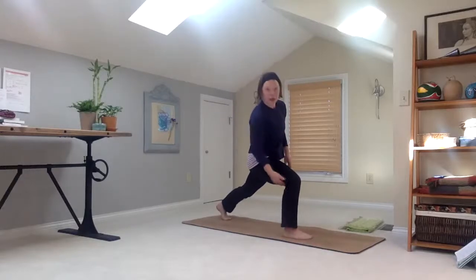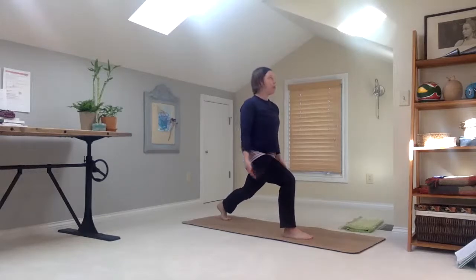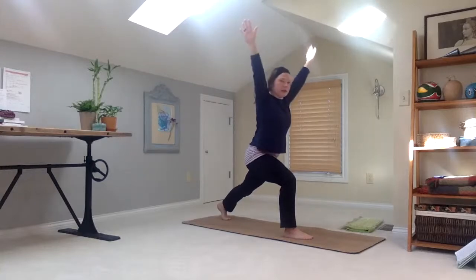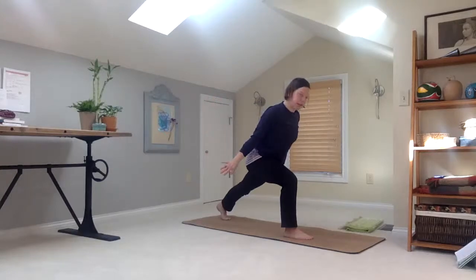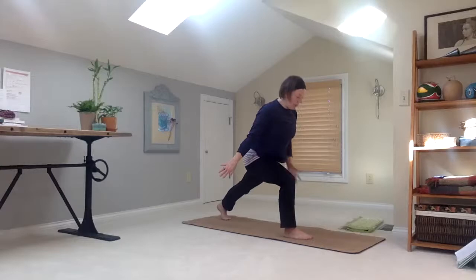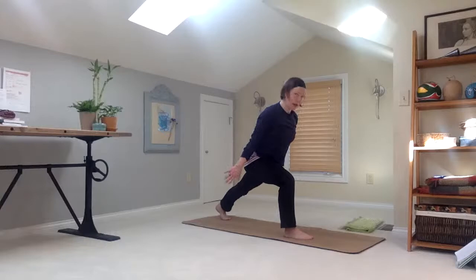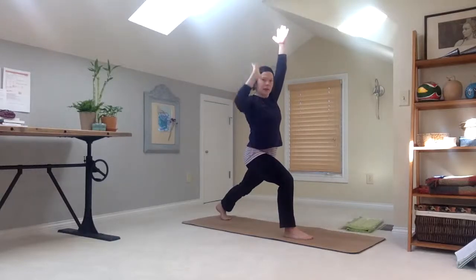Finding it's about a 90-degree angle here. It might be higher if that's not available to you. We're going to breathe the arms up. And now I'm going to tilt, kind of hover forward, bring my arms to the sides, and we feel a long diagonal reach from my back heel to the top of my head, pulling in the belly, supporting the spine here, just holding this hover for a moment, and then inhaling the arms up, and exhale, place your right